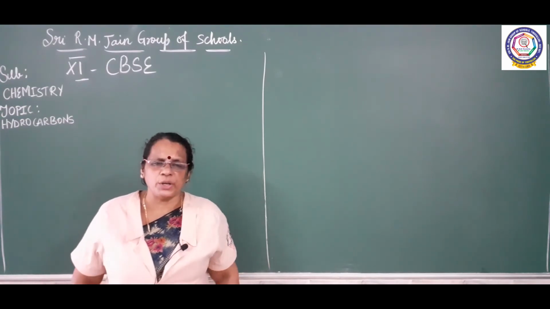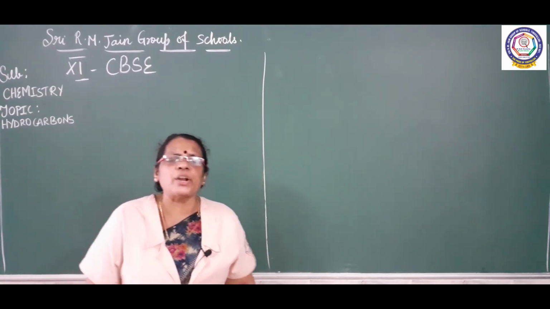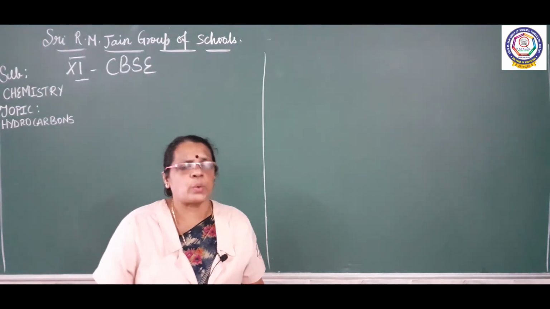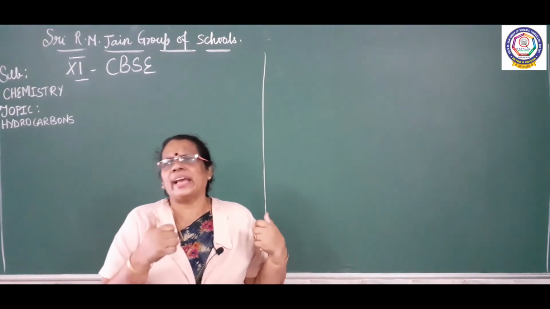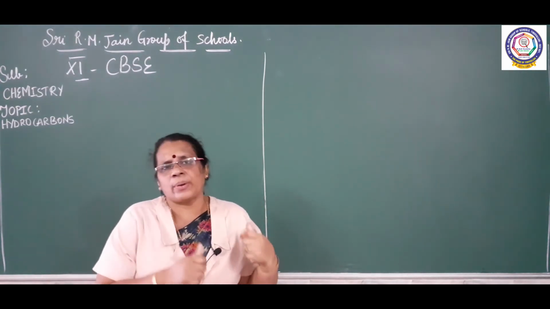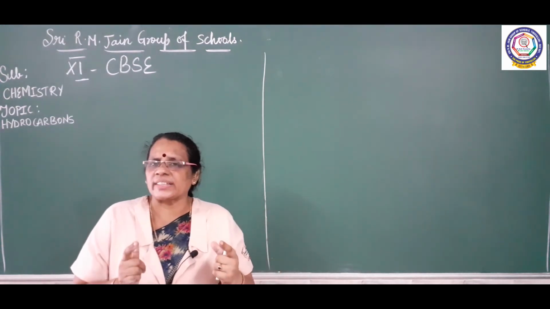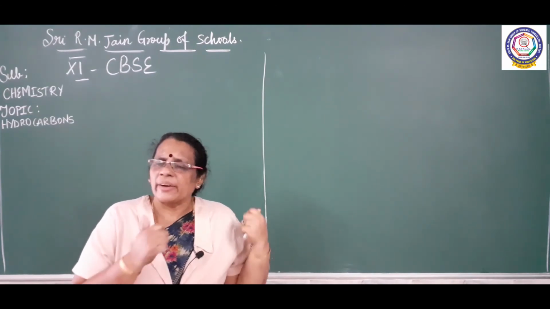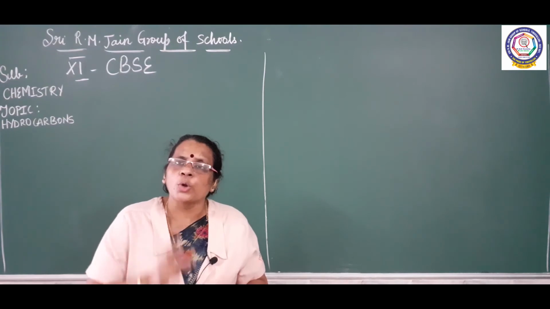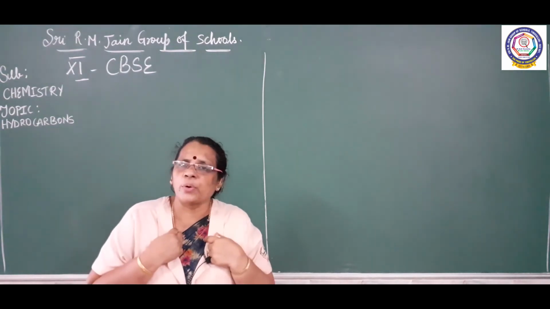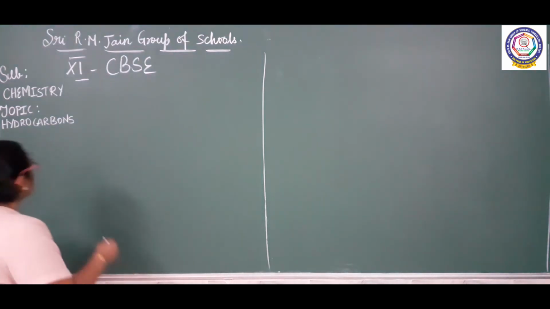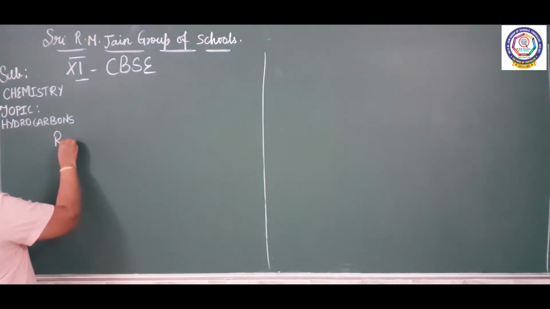Okay children, we will continue. Already we are discussing the second rule. Under the second rule, I have written the first structure, where I have numbered the carbon from left to right. Now we are going to talk about rule 2, where I am going to number the carbon from right to left. We are going to see.